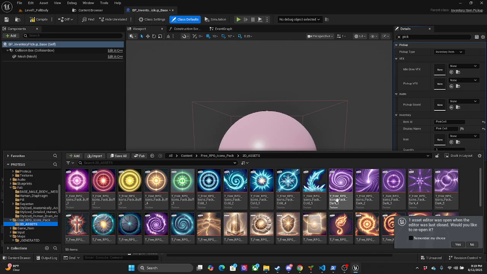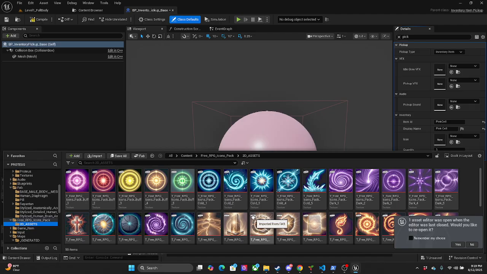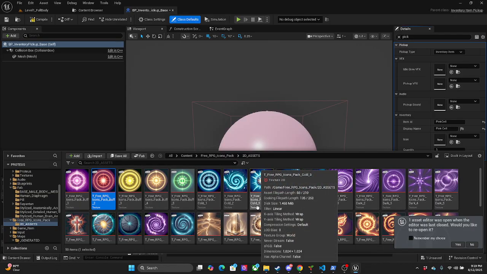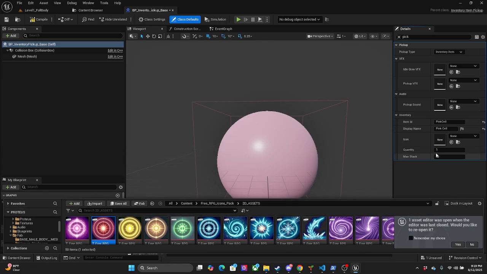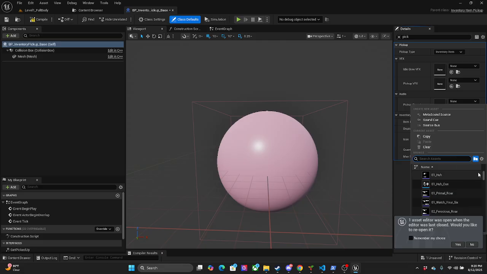There you go. So we move some icons. We're just going to do one like this. And then for sound. Tangled out.